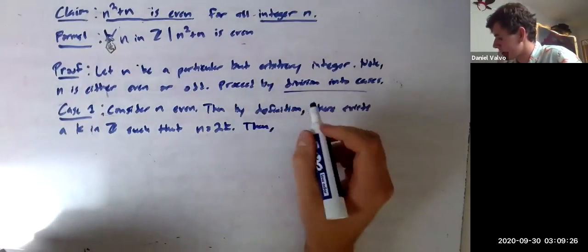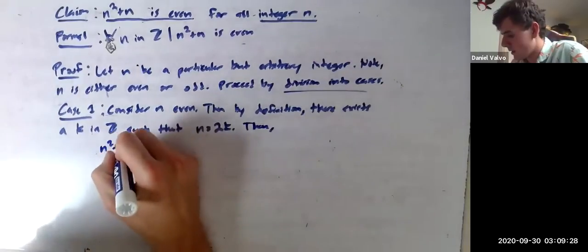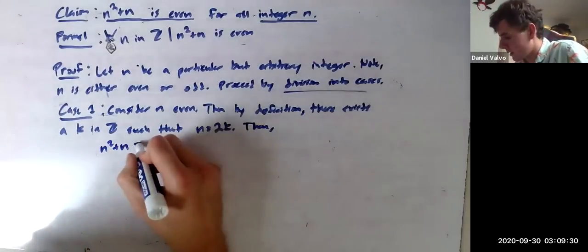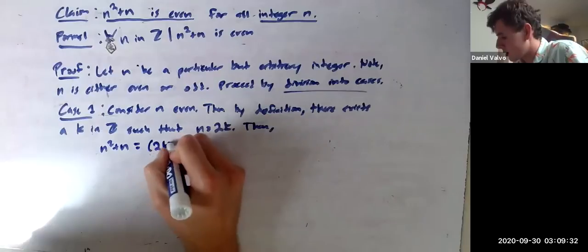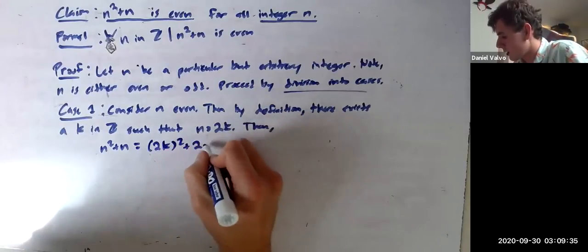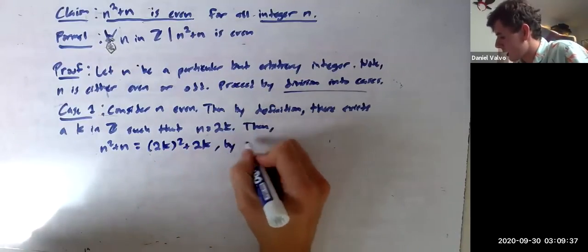Then n squared plus n is going to equal (2k) squared plus 2k